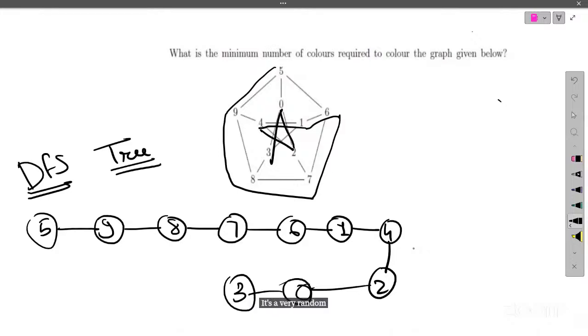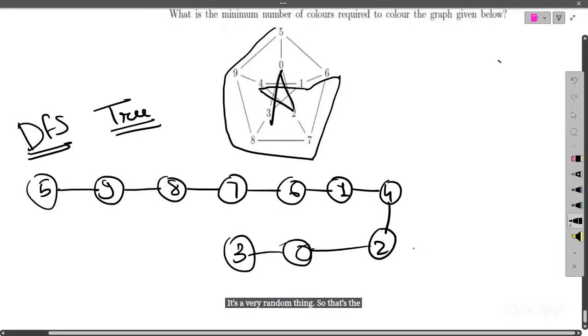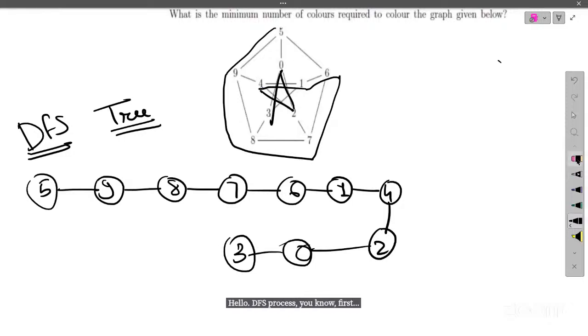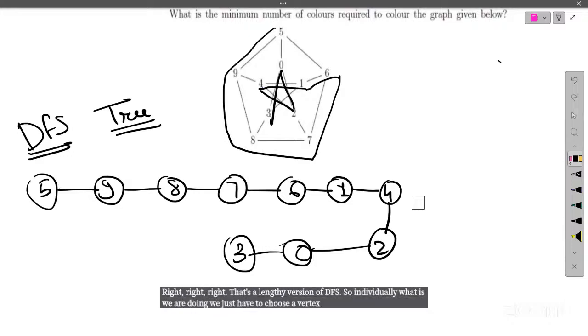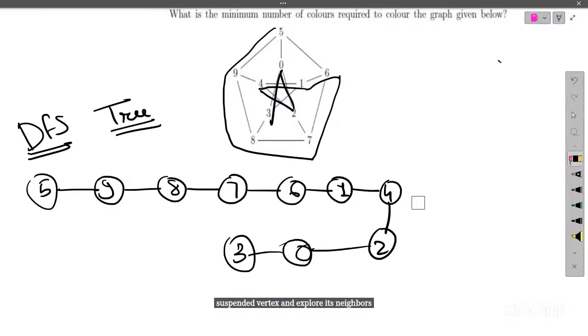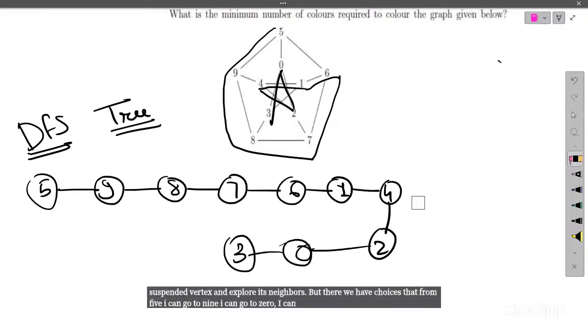That's the DFS process. The first is visit, the second is suspend, and the third is resume. That's a lengthy version of DFS. So intuitively, what are we doing? We just have to choose a vertex, suspend that vertex, and explore its neighbors. But there we have choices. From 5, I can go to 9, I can go to 0, I can go to 6. It's my choice. I can go to any vertex. Now here, what has happened? That it's very